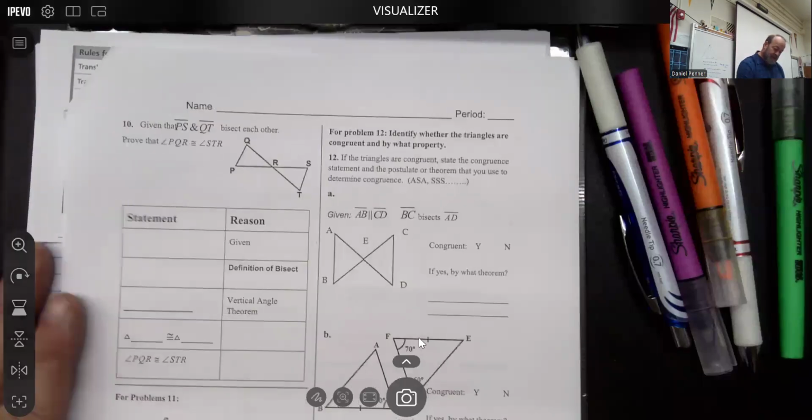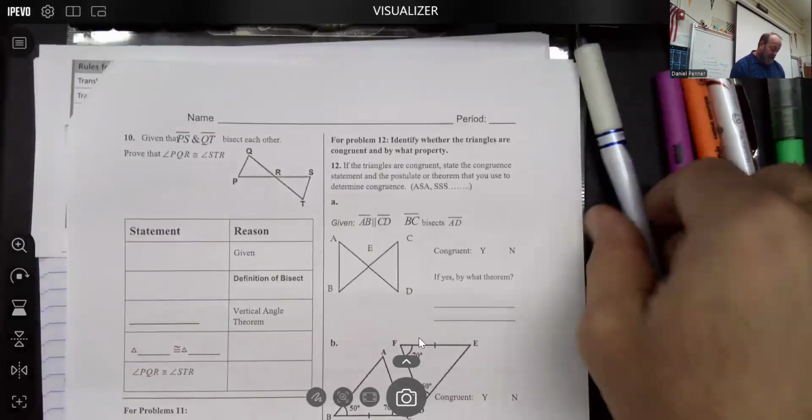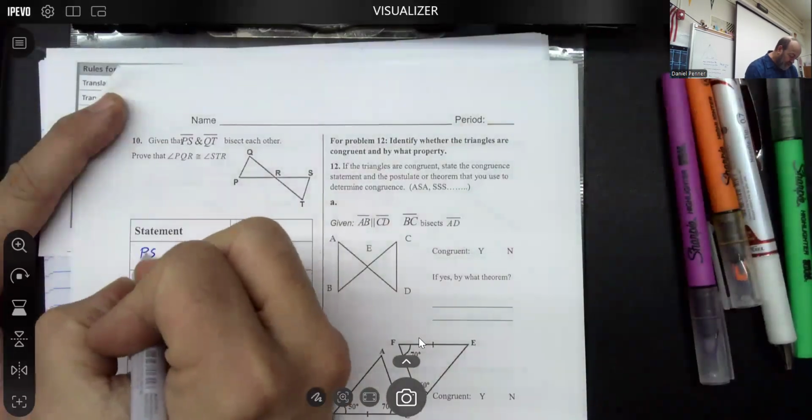All right, we'll take a look at problem 10 and 12 real quick. See how this plays out. Hopefully, I could do this quickly, but not too fast. Okay, so we always know that we start every proof